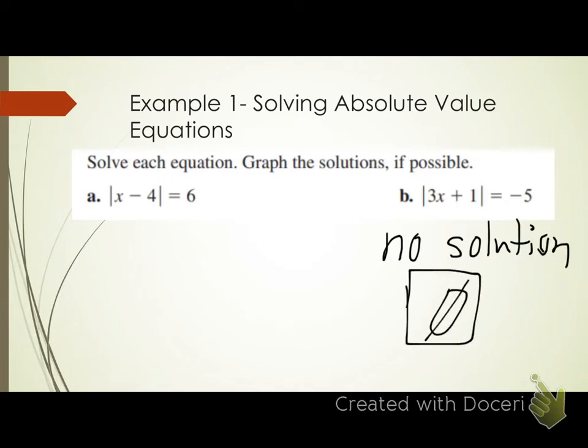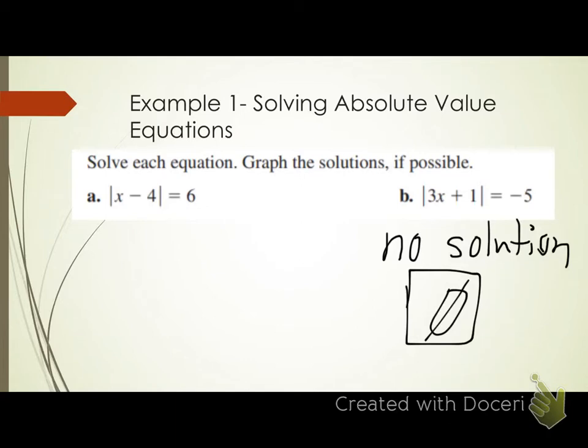Does everyone see that for letter B? What this equation is telling me is that my absolute value equals a negative number. Can my absolute value be negative? No. No matter what number I plug in here, it's going to turn out to be positive because of my